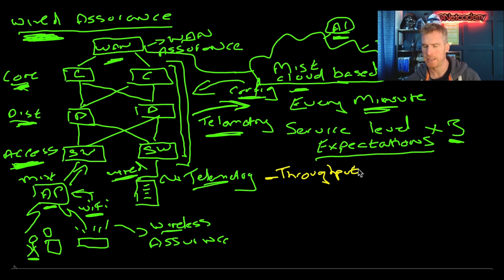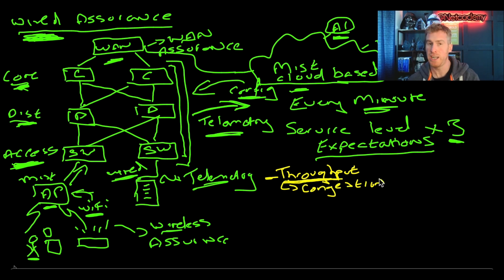Now, the AI on Mist is classifying the throughput that you get on the switching network and the amount of user minutes that have been impacted by different classifiers, i.e. the throughput as an SOE. It has a number of classifiers which classify that throughput is being impacted by this, throughput is being impacted by that, because throughput, if you think about it, is quite a generic term, isn't it? And as I just said, there are n types of factors that can impact throughput.